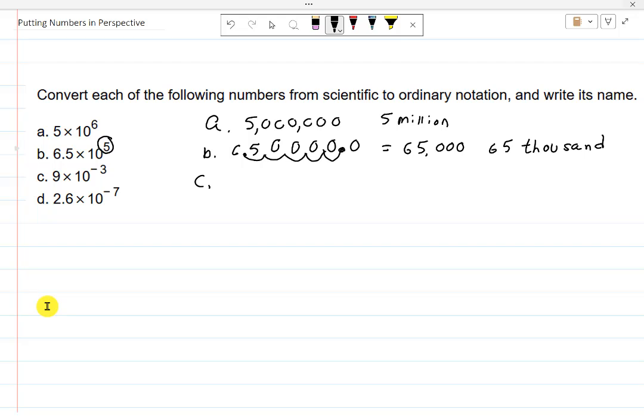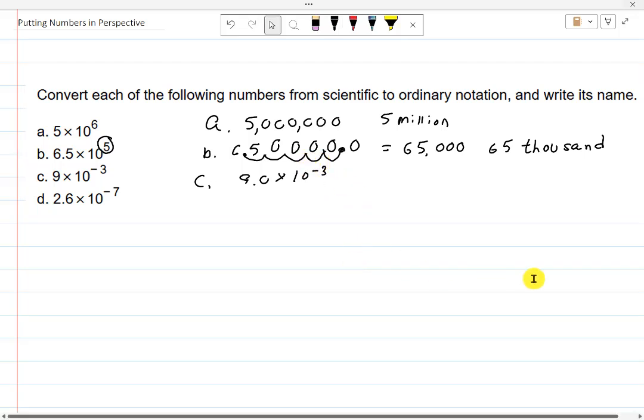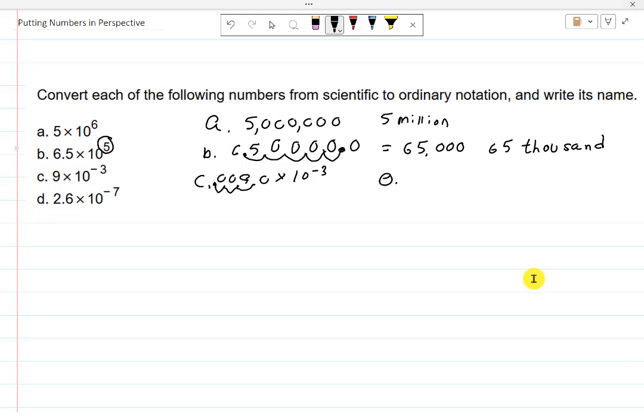Now when the exponents are less than 0, they're negative, you're talking about small numbers. Here, let's think of it as 9.0 times 10 to the negative 3rd. What the negative 3 then tells you to do is to move the decimal place 3 places to the left. So we got 1, 2, 3. So the new decimal place. That means I'll put a 0 here and a 0 here. So my answer is